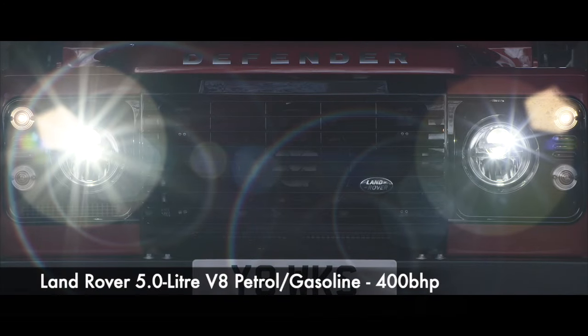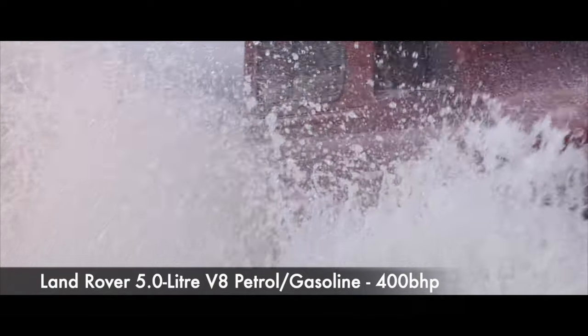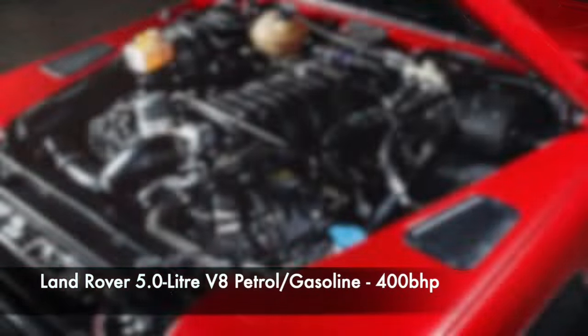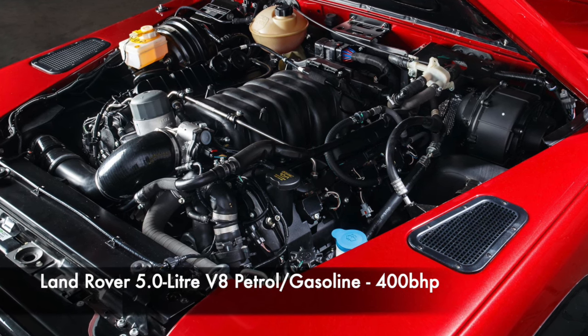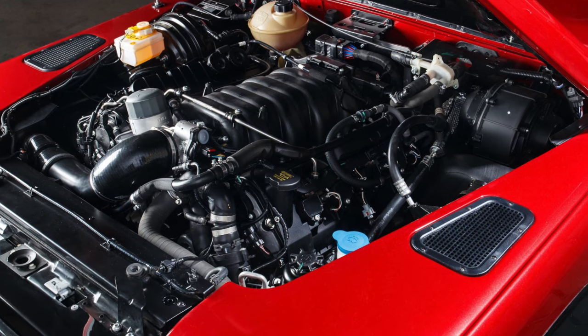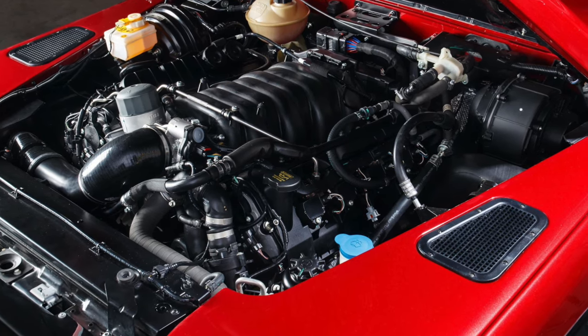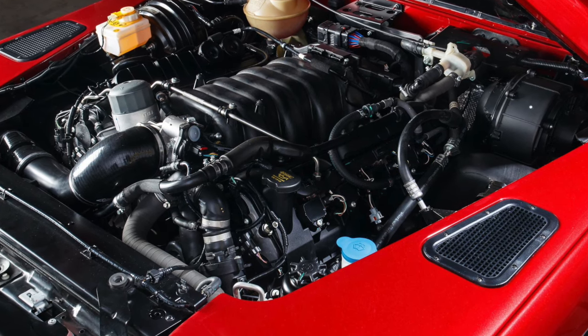Finally, there is the 5 litre V8. These are fairly rare, and so common faults for this engine in a Defender are hard to find. However, this motor is also fitted to the Range Rover and Range Rover Sport, along with several Jaguars. A common fault to look out for are cam chain guides failing. Any tapping sound is a clear indication. However, guide chain pins were changed in 2013, making this problem rare by the time the motor is fitted to